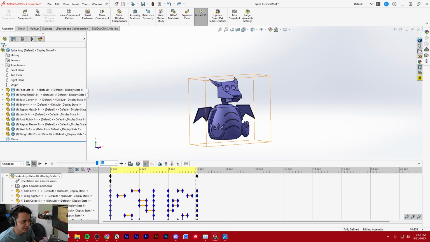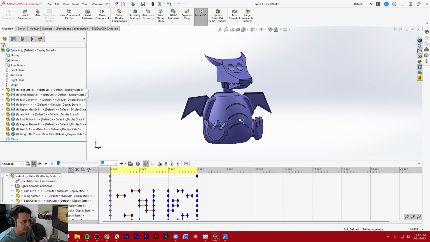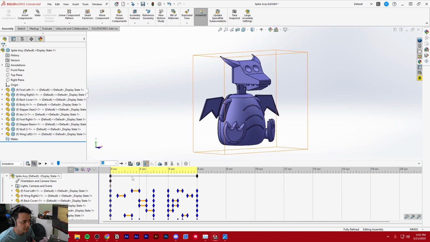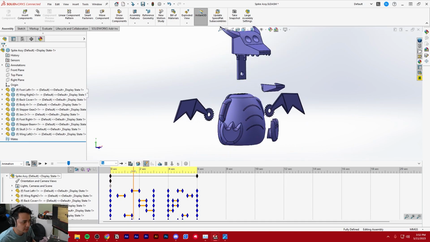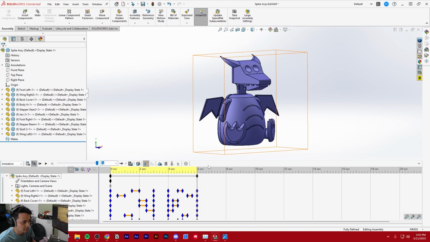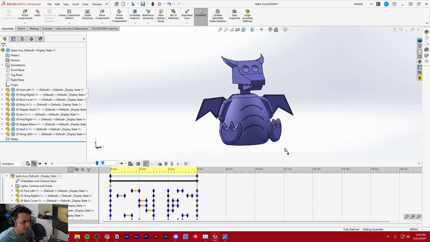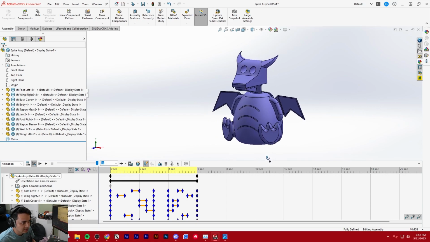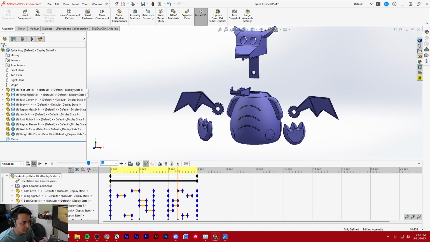Okay, so make sure that the time ticker, whatever you want to call it, is set to the beginning, and just get a good view of wherever you want to start your animation, right? So we'll do that. And then we're going to come to the end and drag to wherever you want to end your animation. I'm just going to do like there. It's going to be a little less than 160 degrees. And then if you did it like that,